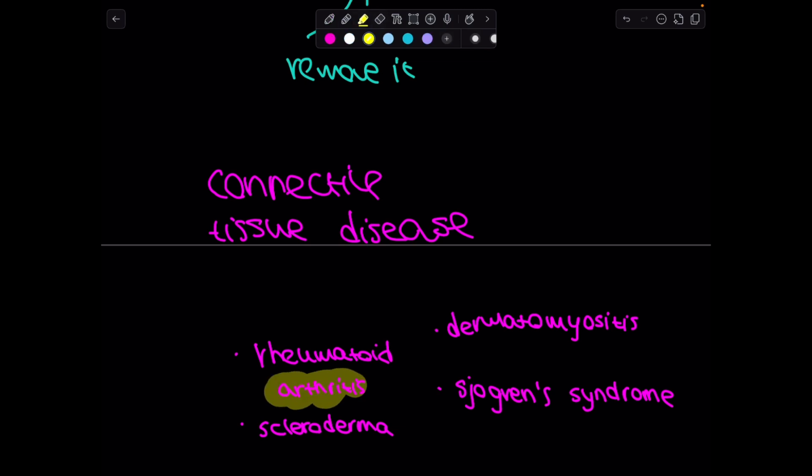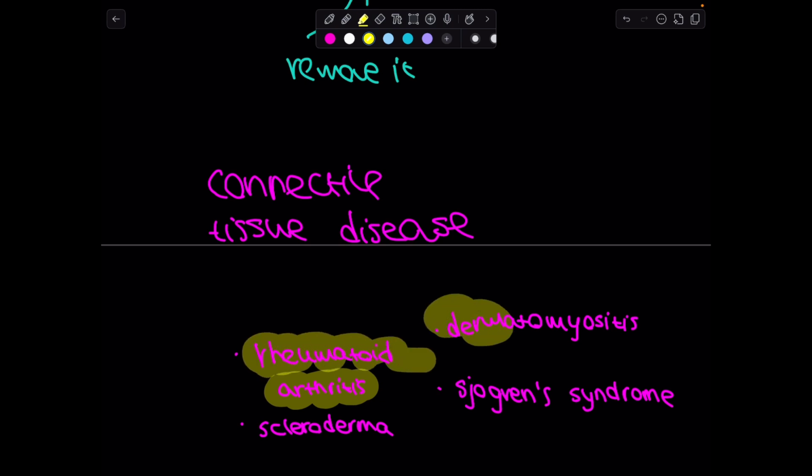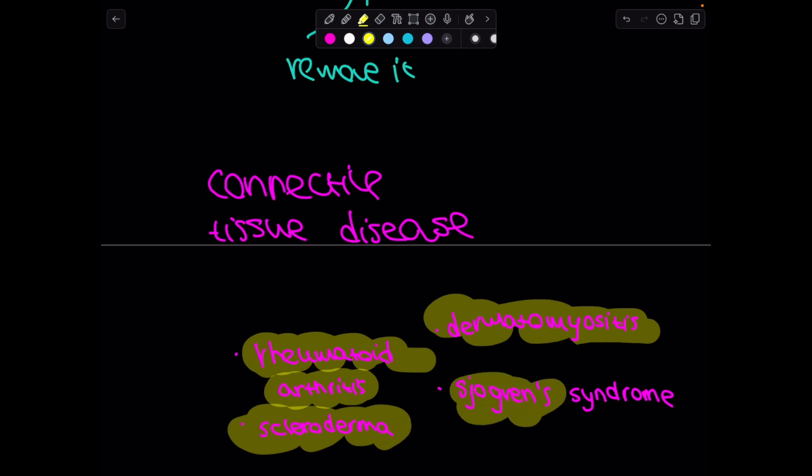Interesting. Well, so rheumatoid arthritis, dermatomyositis, scleroderma, Sjögren's syndrome. Can we talk about these? Rheumatoid arthritis, RA,